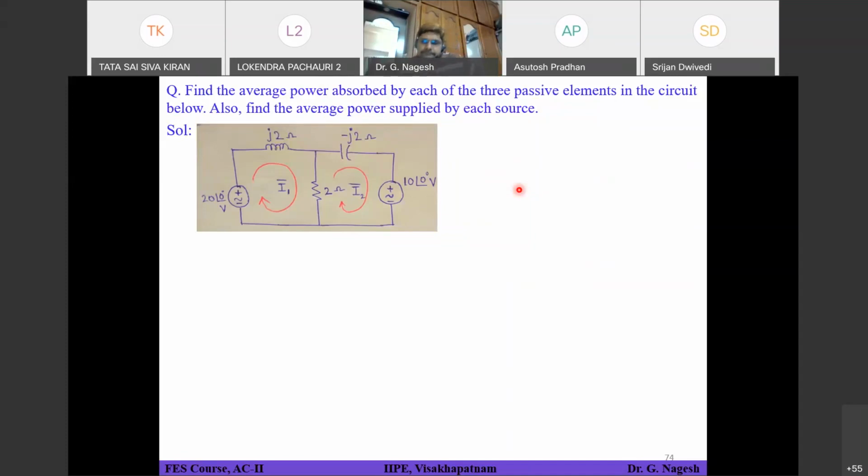Sir, before sum, we need to integrate from T1 to T2, no, sir? For getting the average power from instantaneous power, what will be the T1 and T2, sir? It's before sum. Okay, T1 will be 0 and T2 is nothing but your time period capital T. Okay, so you know omega is equals to 2 into pi into f. So f is 1 by t. So it will be considered as capital T. That means entire time period of your voltage, this one voltage signal. You're understanding, na? Sir, but the time period we need to find, no, sir?